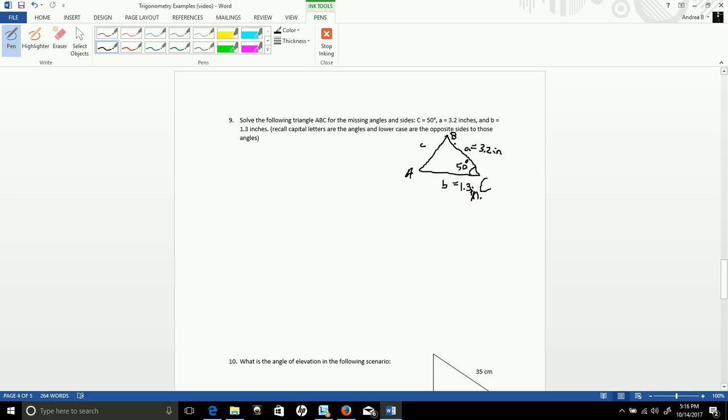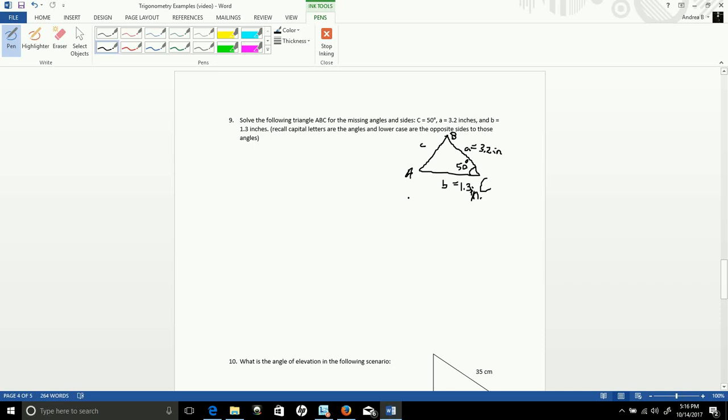But here we cannot just use our sine, cosine, and tangent by themselves like we did before, because we can only use those whenever we're dealing with right triangles. So like number 8 that we did in the last video, we could use the sine, cosine, and tangent because we are dealing with a right triangle. Here we do not have a right triangle, so in this case we have to use either law of sines